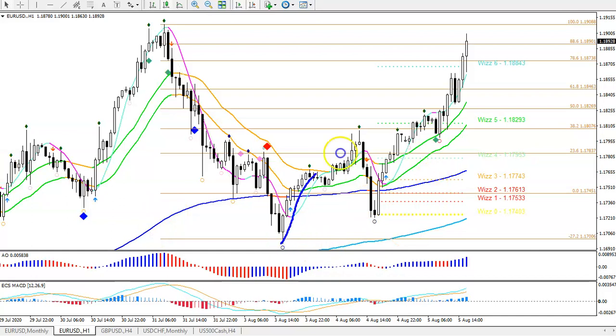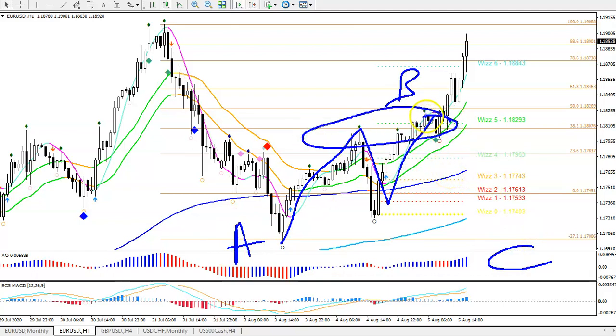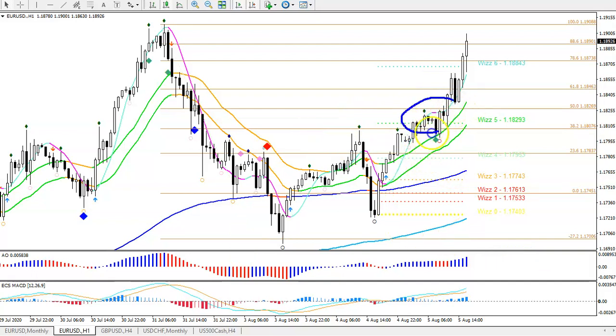Because if this were to be an ABC within B, with this being wave A and down for C, then we wouldn't want to see such momentum above the 20 EMA breaking above the 50 fib like that. In that case, we really wanted to see some bounce in this zone after a three-wave completed potential ABC, and it didn't. It just broke through that zone. So that's kind of the main difference, I think, with this pattern.